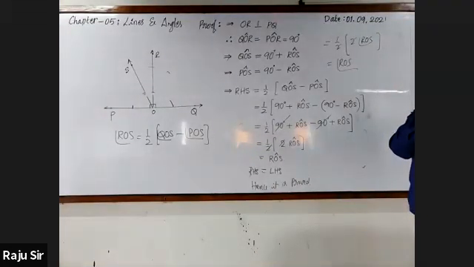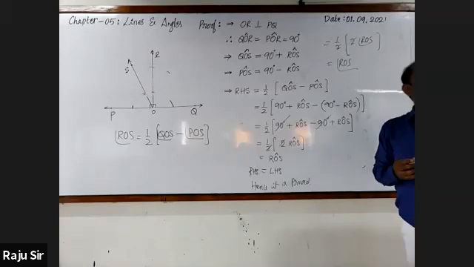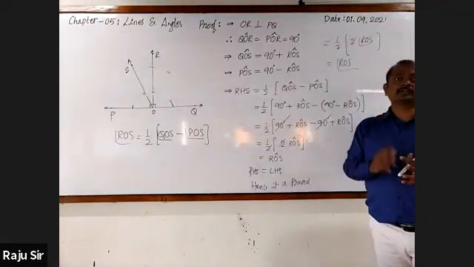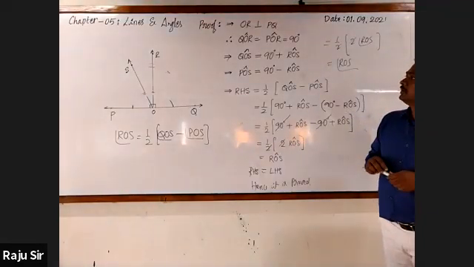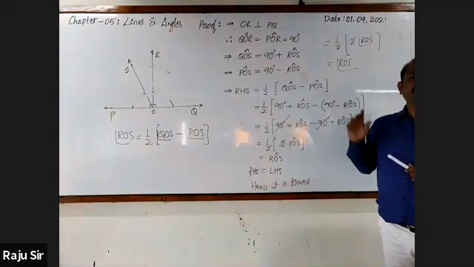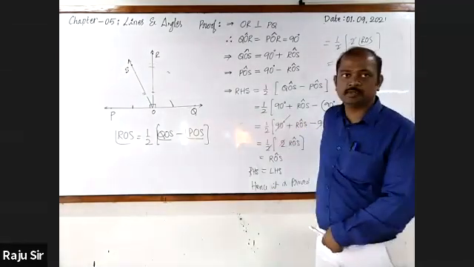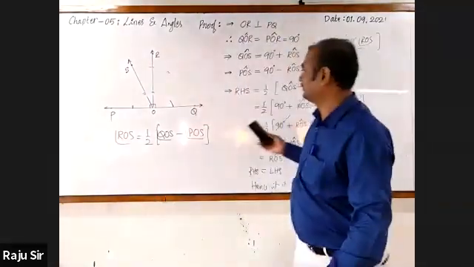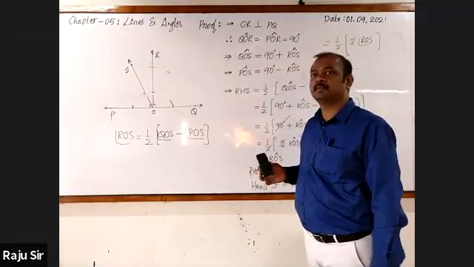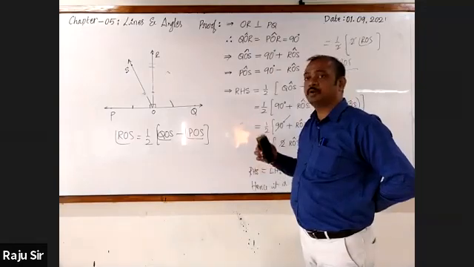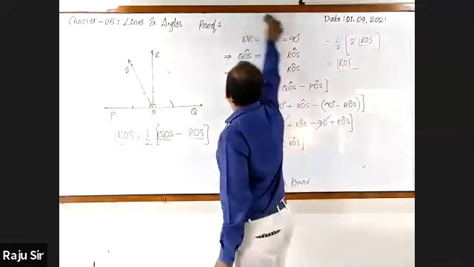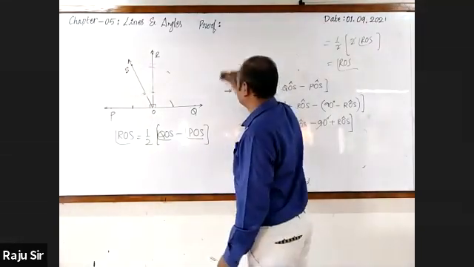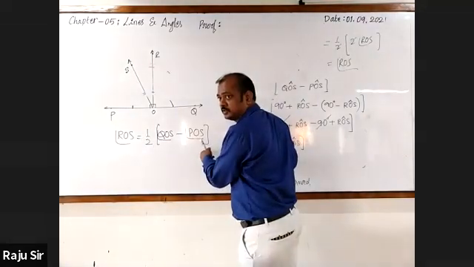Any other method? I told you, statements can be proved logically with different methods, but the logical steps should be correct. Can you think of a second method of proving this? ROS. Both sides means how? I'm not understanding. Taking the statement as it is.